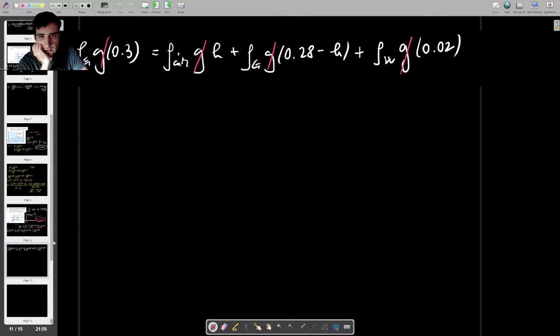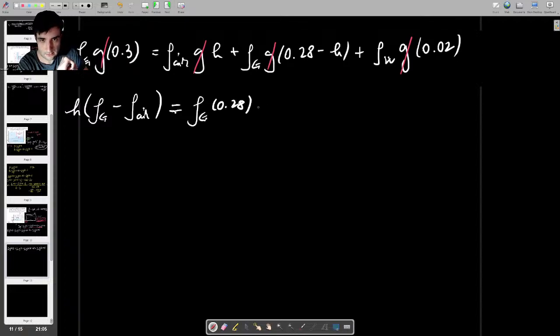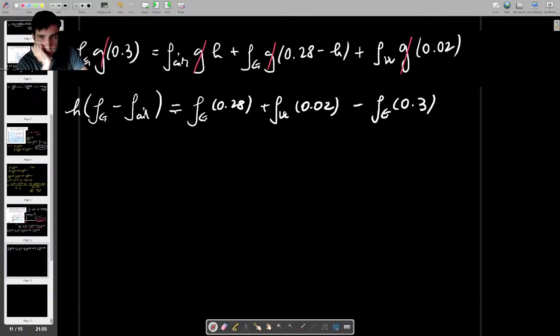So to do that, let's see how can we get this in an easy way. I think in this case, moving the h terms on the other side makes more sense. So I have h, and then I have density of gasoline minus density of air, and that is equal to density of gasoline times 0.28 plus density of water times 0.02 minus density of gasoline times 0.3. Okay, so we have h equals, if I factorize, if I put those together,